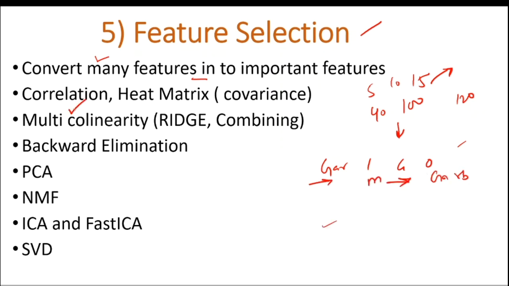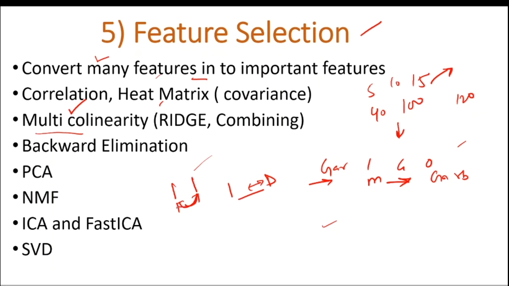So we can use the correlation between the independent variables and the dependent variable, to see whether there is a correlation or not. It could be negative or positive, but there should be some correlation. We can use a heat map. It's a technique for representing the correlation between all the independent variables. And we can use a multicollinearity check, to see whether independent variables are strongly correlated with each other or not.